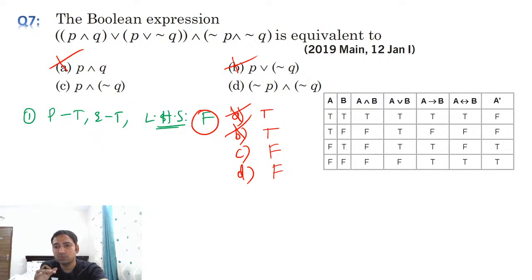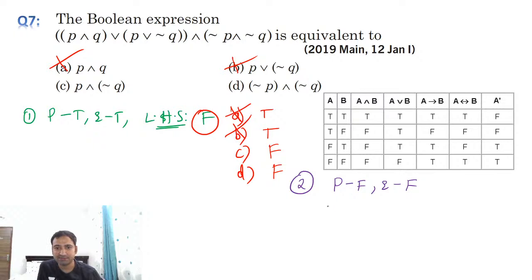So now what can we do? We can take one more substitution. As we couldn't eliminate three options, only one option was eliminated, so let's take a second substitution. What is the second substitution? We have P equal to false, you take it, and Q equal to false, you take it, guys. So when you take this substitution, P false, Q false,